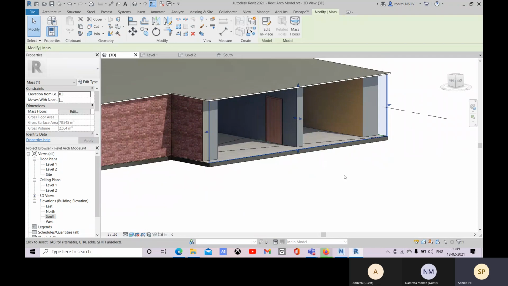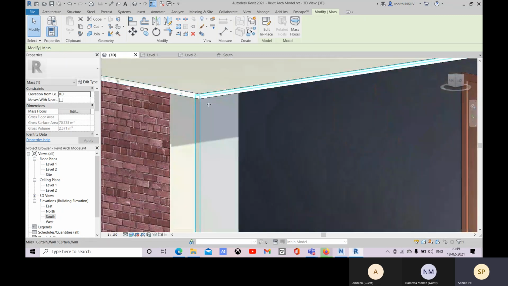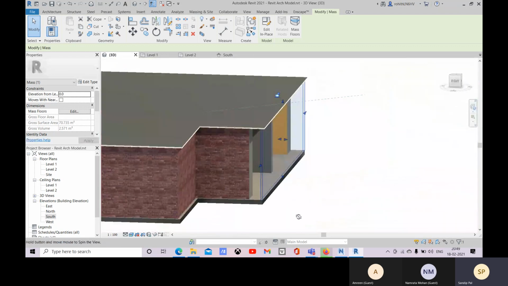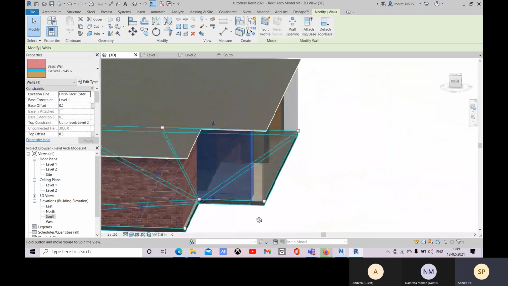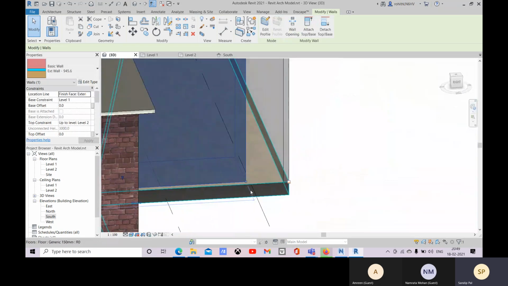Okay, and after this you can change the height. If you want to change the height, you can change it. All right, so it will automatically snap to the nearest surface. Now let's change this position.